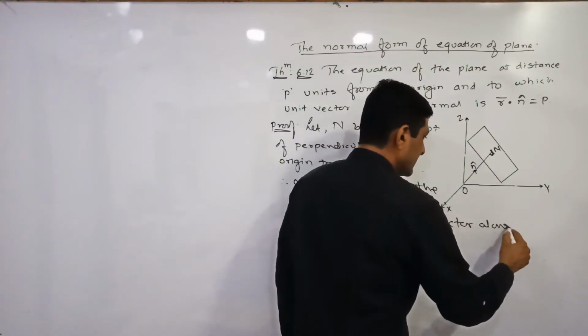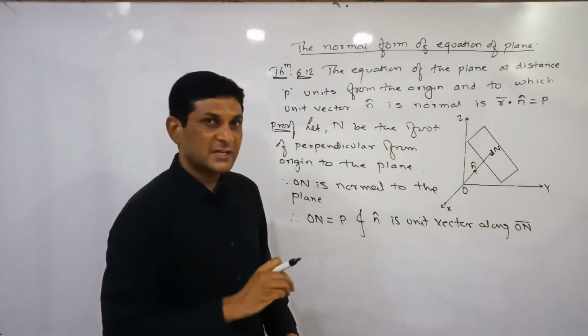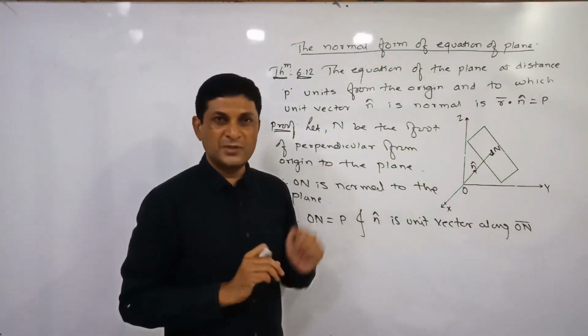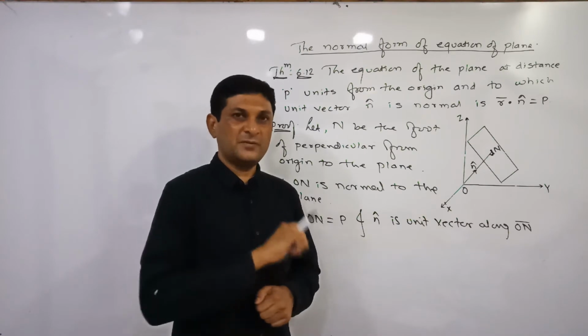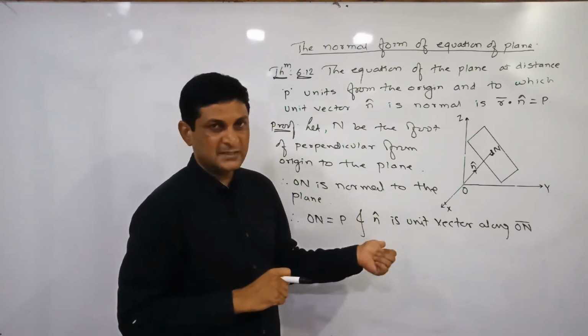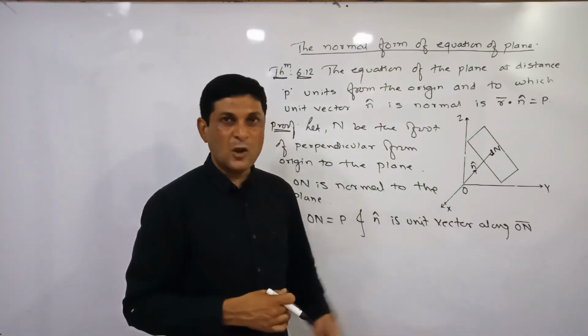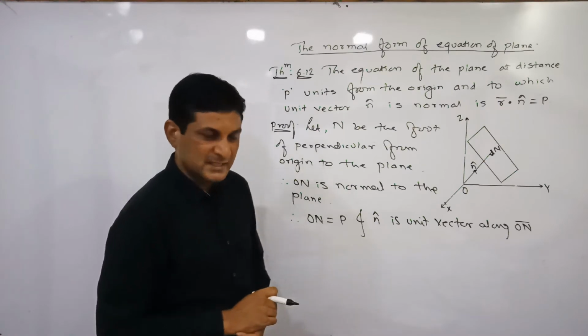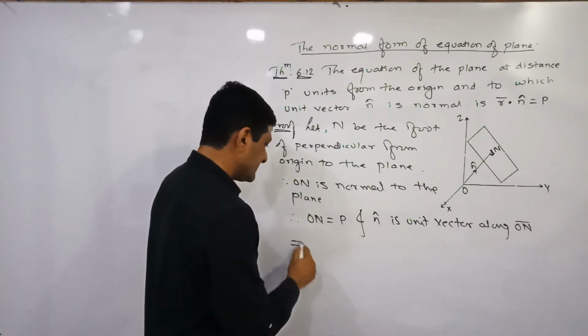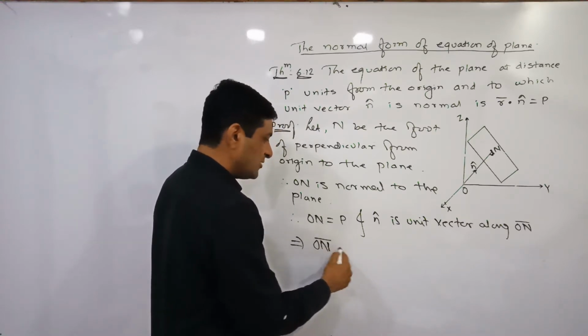along ON bar. Why are we supposing that n cap is a unit vector along ON bar? Because according to the given condition, n cap is a unit vector along the normal, and here ON is also normal to the plane, and that's why we are able to suppose that n cap is nothing but a unit vector along this normal ON, isn't it? So therefore, this implies that ON bar is equal to, let us denote the value of ON bar